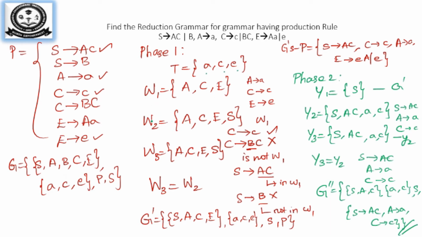Now the W2 is going to be derived with W1. Which are the non-terminals that can be derived from W1? So I will try to find the non-terminal variables. So S can derive AC. First A derives the terminal a and C derives c and E derives e. So ACE will be repeated over here, and you can see S tends to AC, which is available in W1. So that will be included. Again W2 and W1 differ, so we will repeat again.